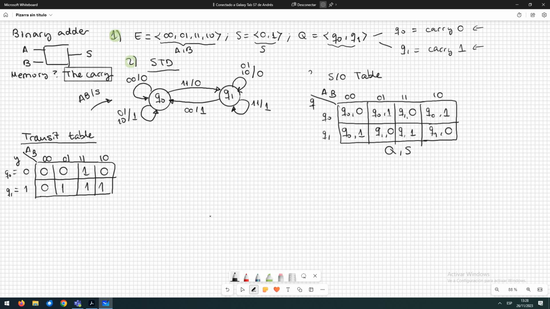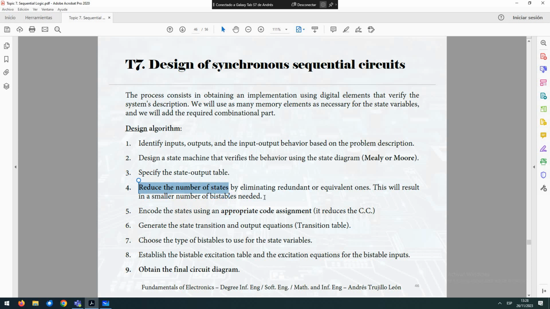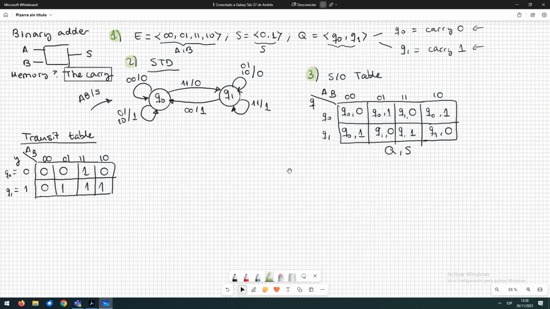So we have fulfilled step 3. Step 4: reduce the number of states, applying the method of the implication chart. But what happened here? We have only 2 states. It's impossible to reduce the number of states. In a sequential circuit, we are going to have at least 2 states. I mean, that's obvious. So we don't have to apply